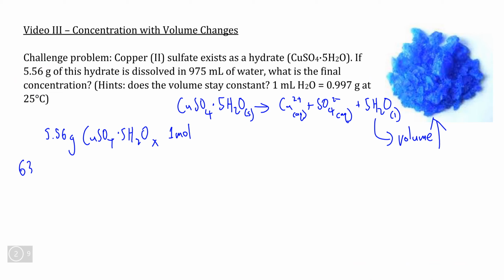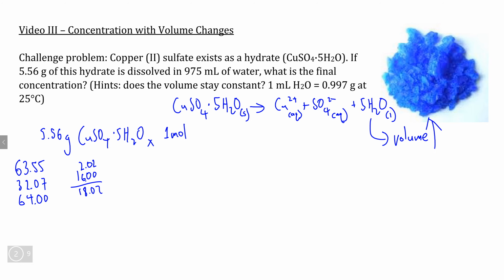So if we add everything together, molar mass of copper is 63.55, sulfur is 32.07, we have the molar mass of oxygen, which is 16, times 4 is 64, and the molar mass of hydrogen, we'll do water separately. Molar mass of hydrogen is 1.01, times 2 is 2.02, plus 16 is a molar mass of 18.02. If we then multiply this by 5, it comes to exactly 90.10,